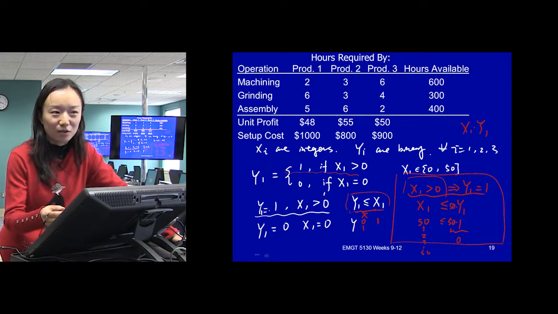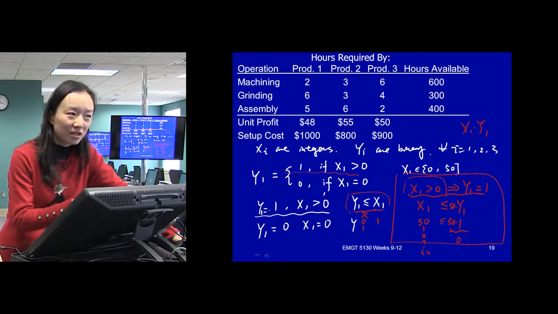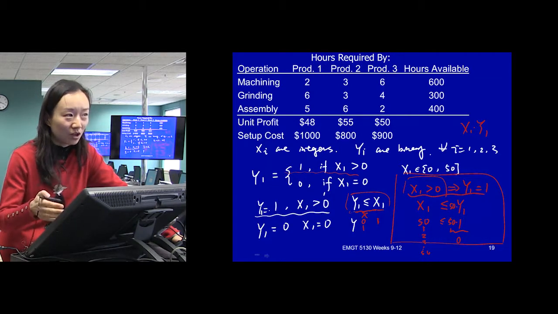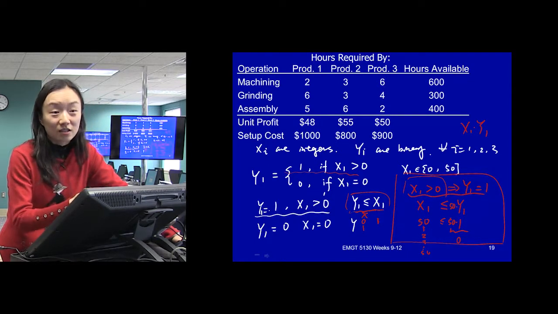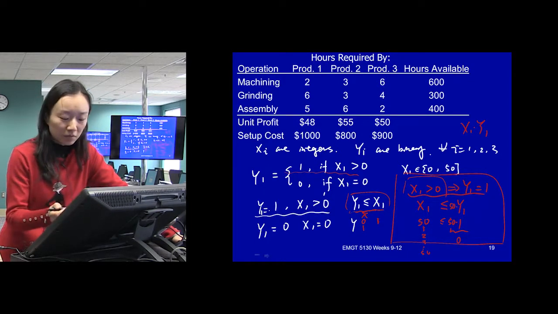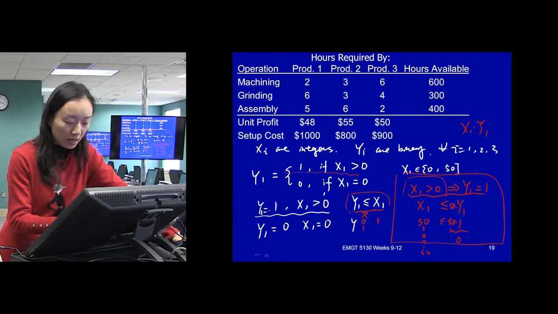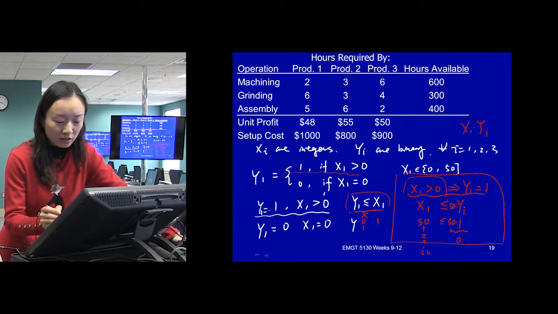Logically, it's kind of like similar to this one. Say you produce this unless, or you charge the fixed cost unless you produce the product. So it's kind of like logically similar. So you try those similar constraints, and you work for the x, y value. You say, okay, didn't work, cross it, and try a different way.